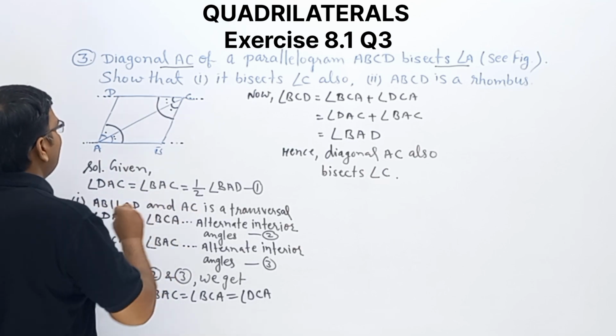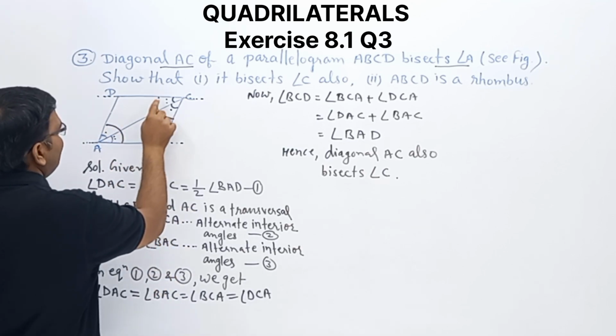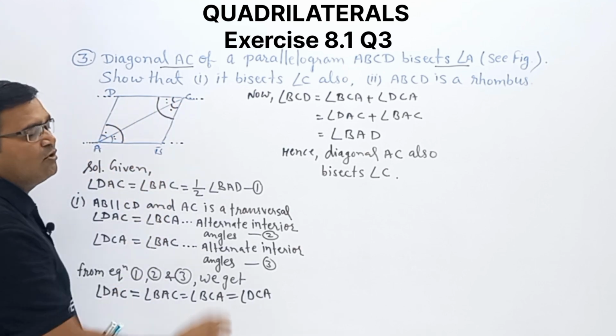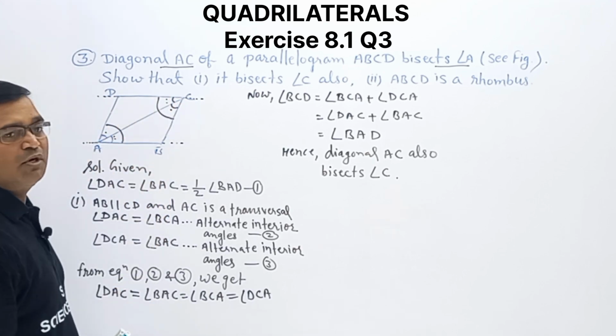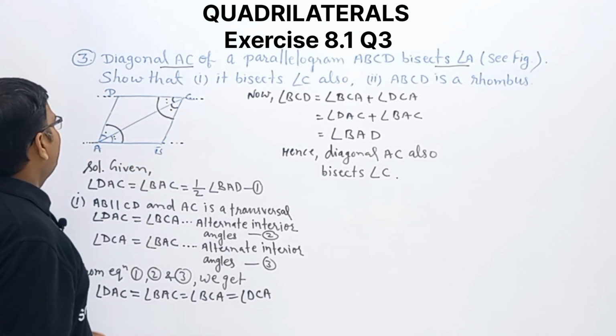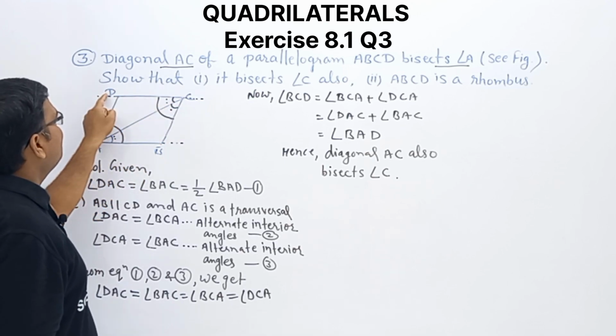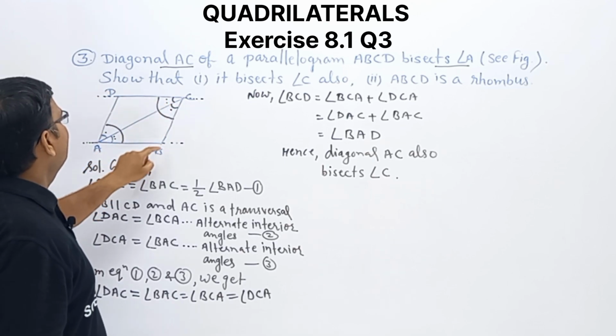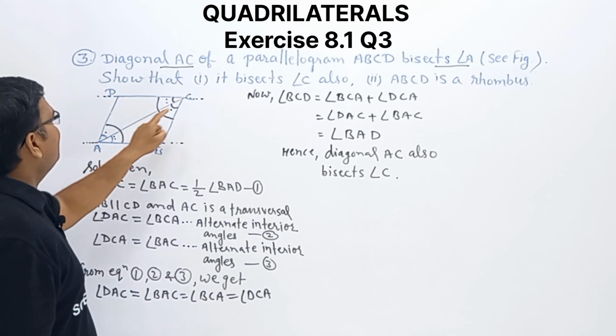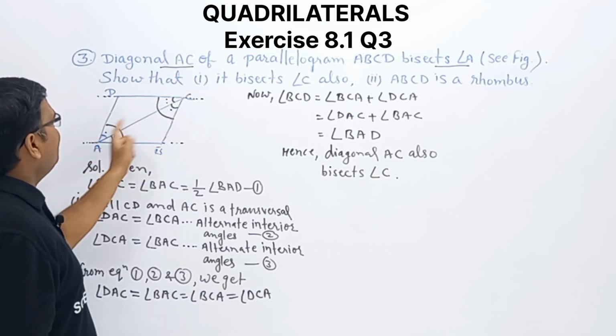So from these three equations, we can say this angle, this angle, this angle, this angle, all these angles are equal. So we can say angle BCD can be written as angle BCA plus angle DCA,